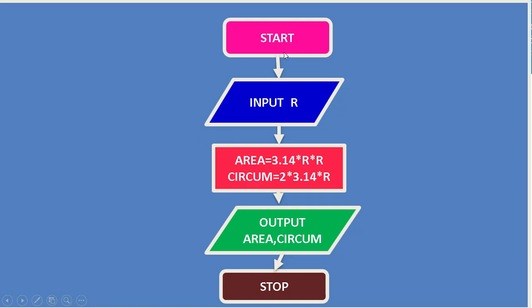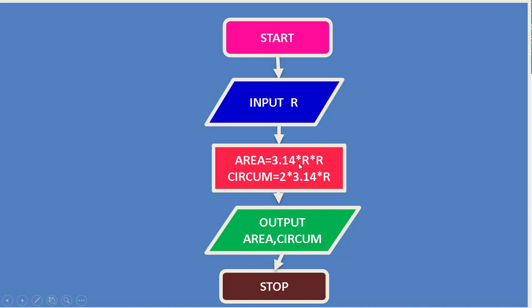Now we have seen the algorithm. Now we are going to see the flowchart. The first step is start. Then you have the input. Input is radius. Then you have area. Area is pi r square and circumference is 2 pi r. As we have written in the algorithm, the same thing you have to write over here. The formula pi r square, that is r into r, and circum is 2 into pi r. So you can find the output, and the output will be stored in area and circum.